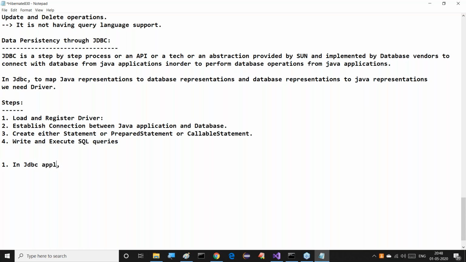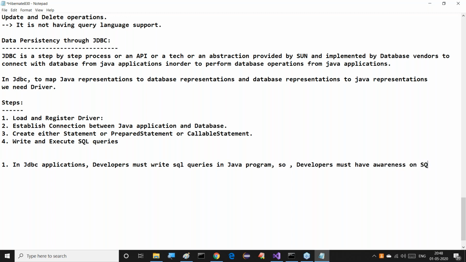In JDBC applications, developers must write SQL queries in a Java program, so developers must have knowledge and awareness of SQL technologies. This is one problem here. Developers must have Oracle awareness.